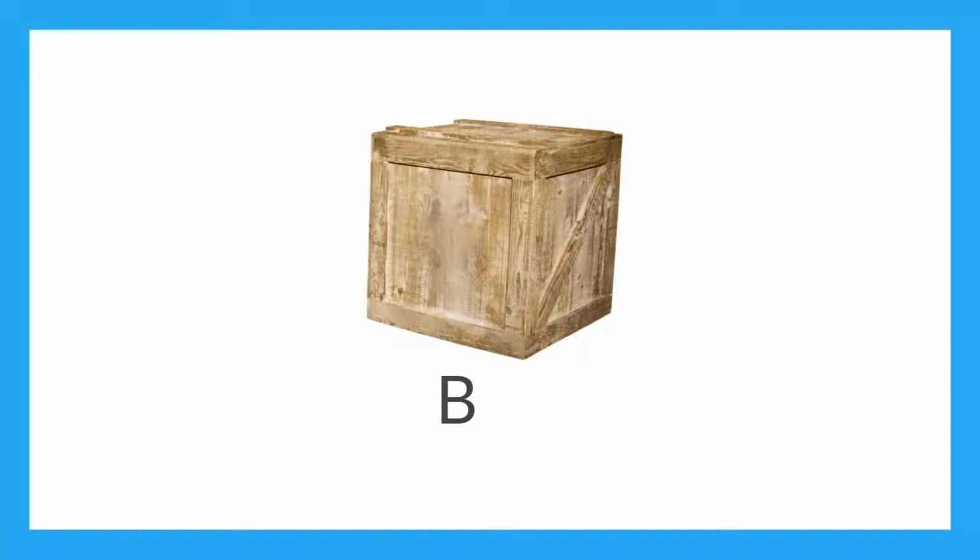The unfortunate thing about having an unknown amount is that the result of doing anything to it will also be unknown. So for instance, if I have this crate of B bananas and I take out 7, how many are still in the crate? If there was 17 to begin with, then there would now be 10. But if there were 22 in the beginning, then there's only 15 in the crate now. And if there were only 7 to begin with, then the crate is empty. So without knowing what B is, we can't achieve a definitive answer. But what we do know is that there are now 7 less bananas in the crate than when we started.